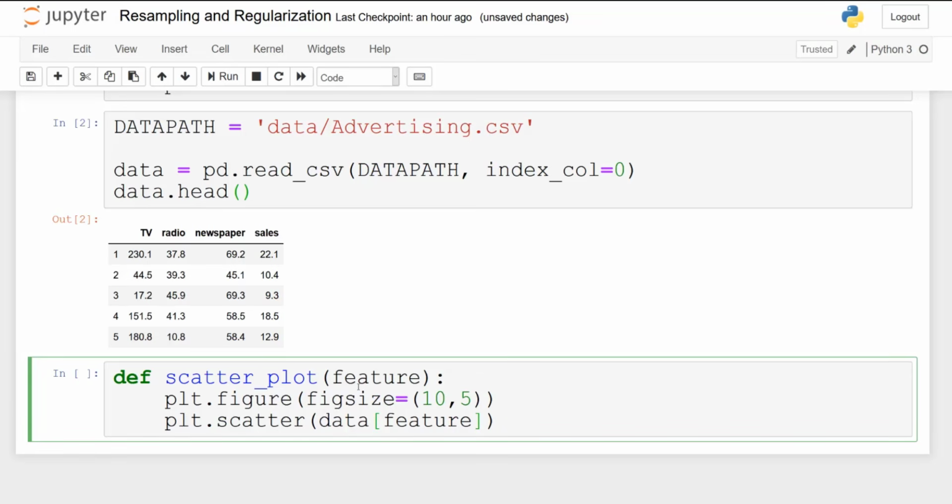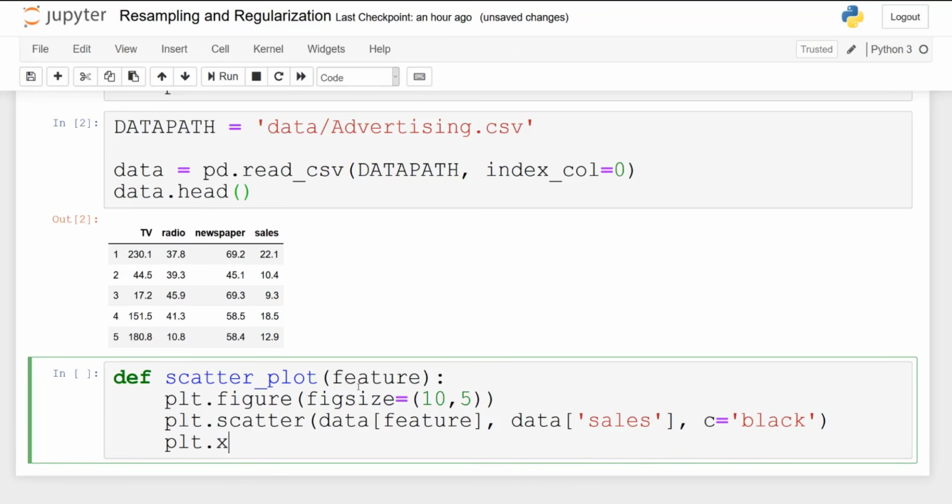plt.scatter, data[feature], so this is the x-axis, and then on the y-axis it will always be sales because that is our target. And I will specify the color of the points. I want them to be black. I'm going to give it an x label. So on the x-axis, this will be the money spent on whatever feature we are plotting.